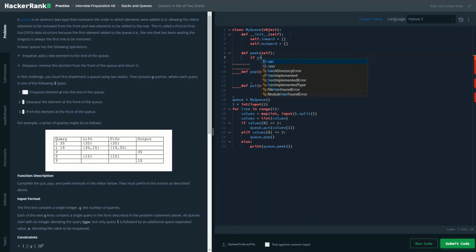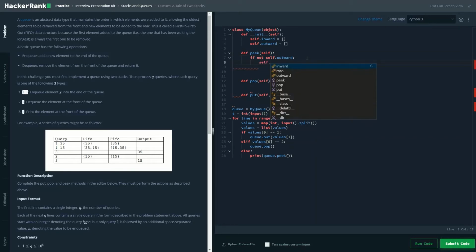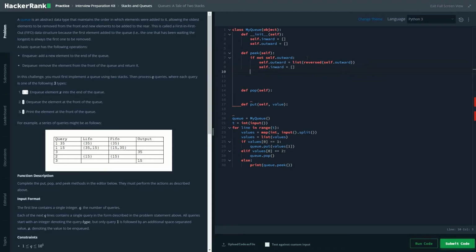So if self.outward is not empty, then we'll be changing the self.outward value by reversing it, and self.inward would be basically an empty list, and return its value.